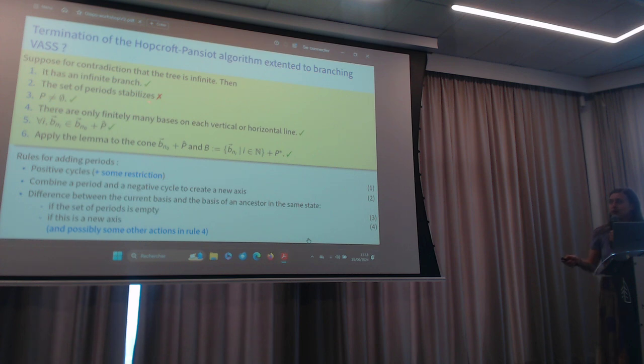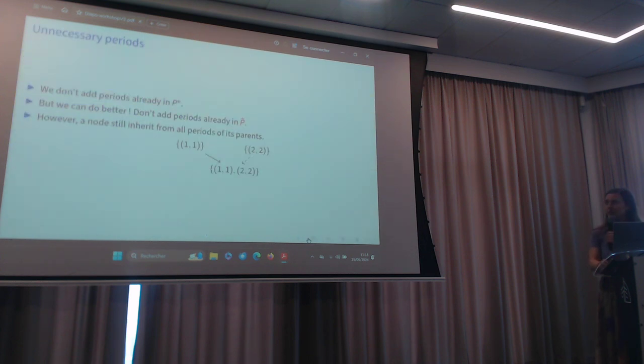So really the only problem is to show that the set of periods will become constant from some point in an infinite branch. So you can be very optimistic and say, okay, we almost apply the same proof, or you can be quite pessimistic and say, in fact, to prove this will be more complicated than the whole Upcroft-Pensio termination proof. So there's one small remark I need to make, because before this,